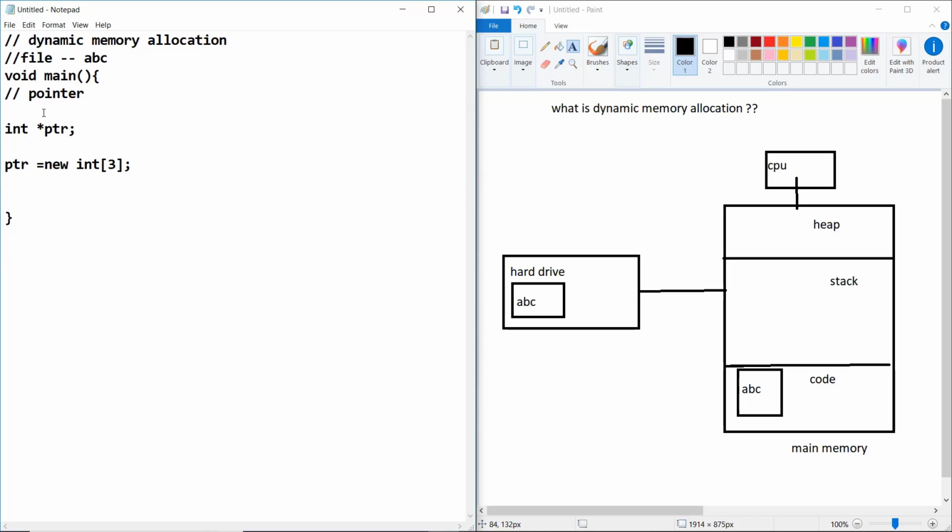Now we are talking about dynamic memory allocation. This is an integer type pointer. Whatever bytes are assigned to a normal integer, let us suppose 2 bytes for int a, the same is assigned to ptr. Remember this point.